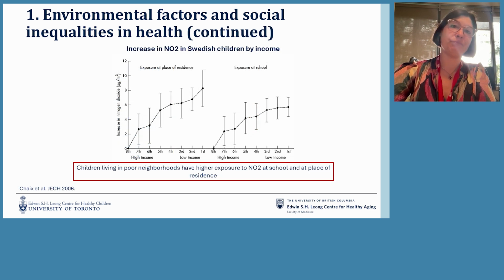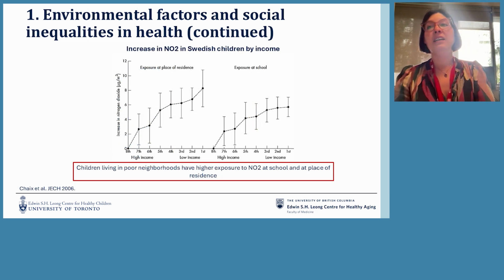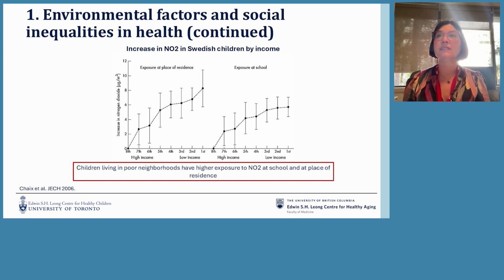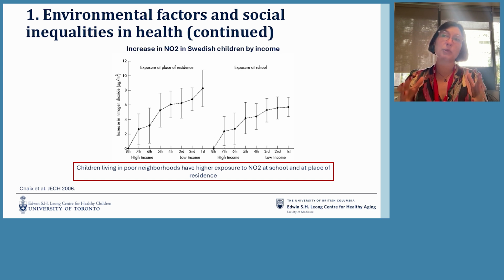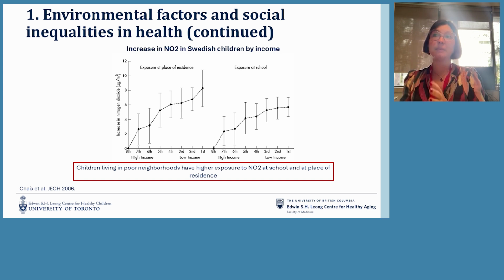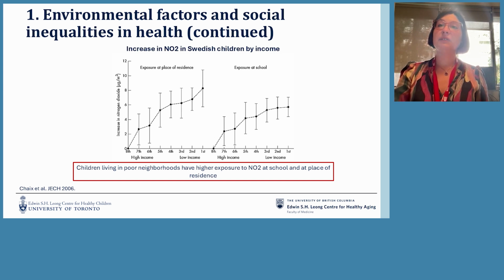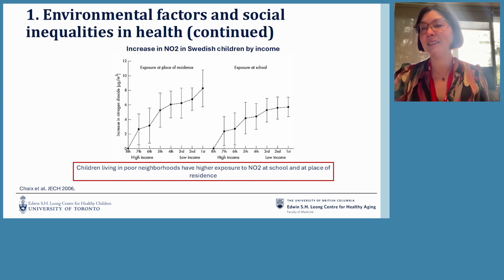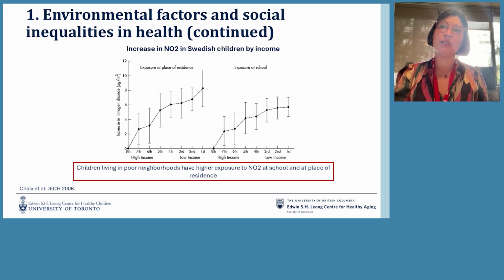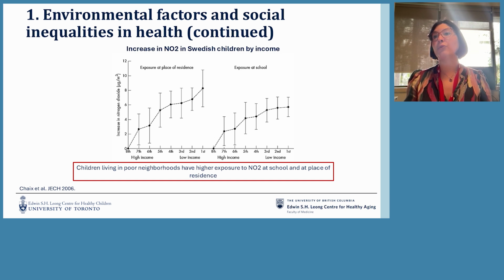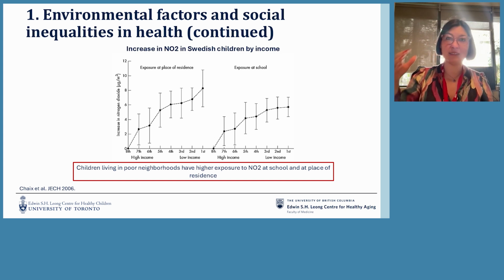for this population. Another example, again discussing a pollutant, nitrogen dioxide, in Swedish children now. In this paper they compared the exposure at the place of residence and exposure at school in different income quantiles, in different income levels, and we see that children living in poor neighborhoods have higher exposure to NO2 at school and at the place of